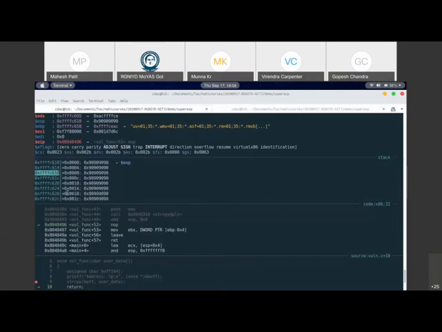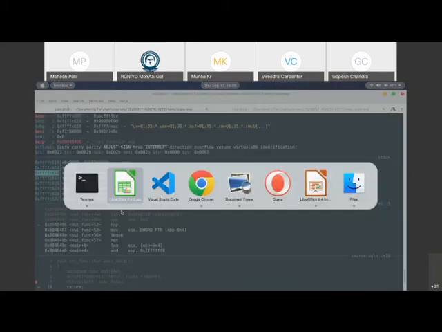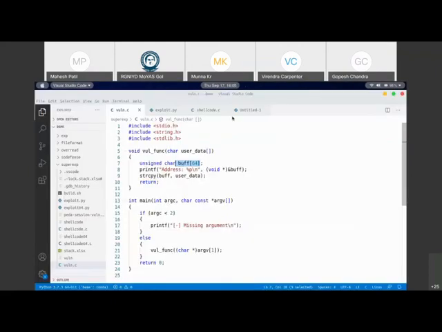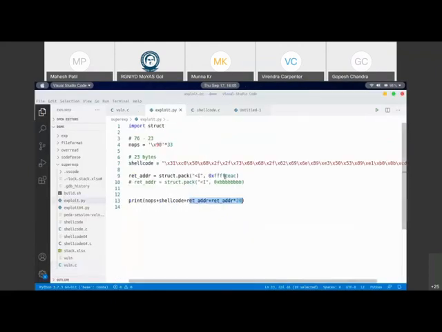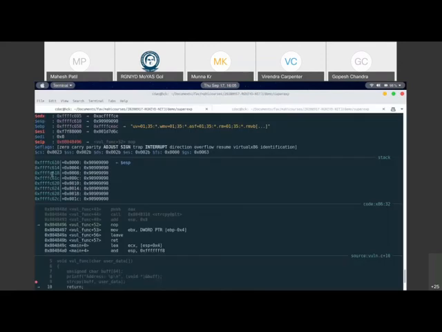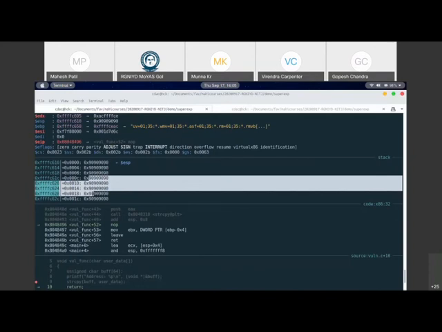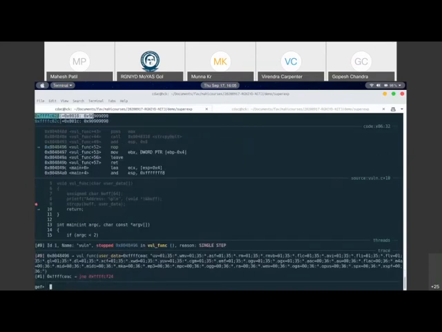So let us take one address out of this onto the stack, because we want to jump to that location. So let's say C618, and let's put that into our Python code. So here, let us put that address. Now what would happen is it will return back to these NOP instructions and then continue the execution. So let us see whether it works.